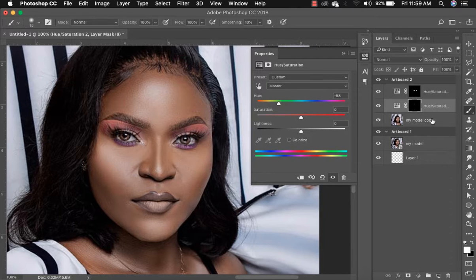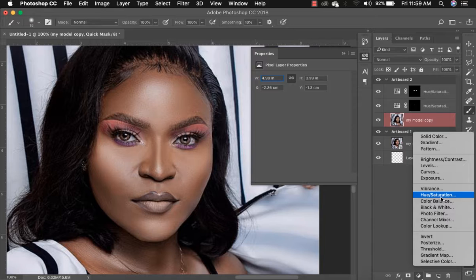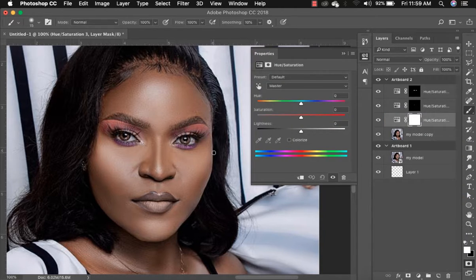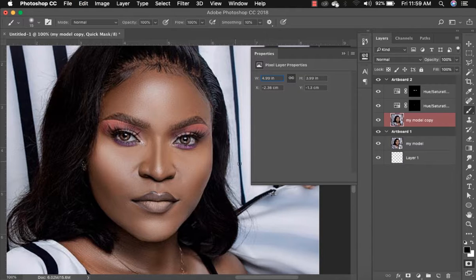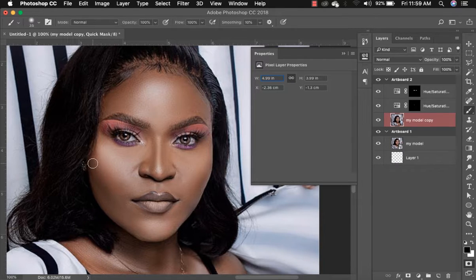So select the image again, and then go to quick mask mode, Q on your keyboard, make your adjustment layer and fills, hue and saturation. Before that, oh my god, I needed to paint on the area first, so Alt Option Command Z, and then the brush tool, B on your keyboard, and the brush is selected right here. Come back, increase the size of the brush, and paint over,